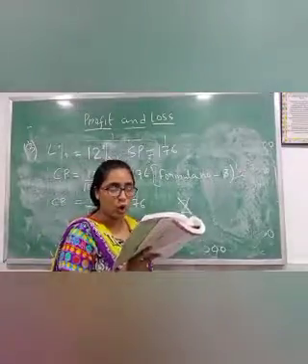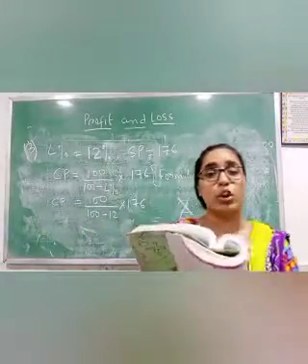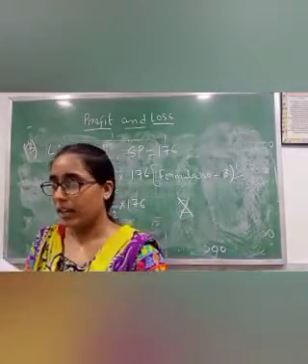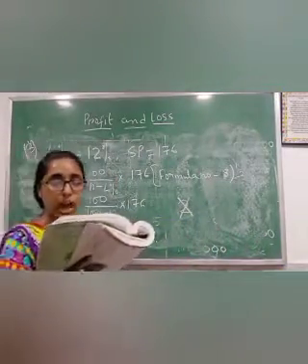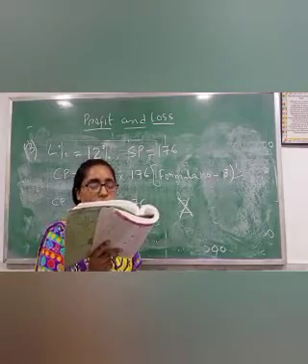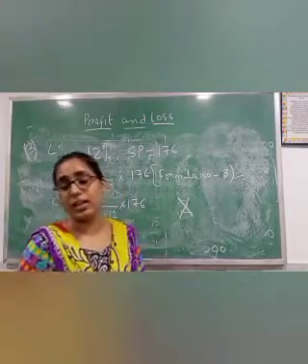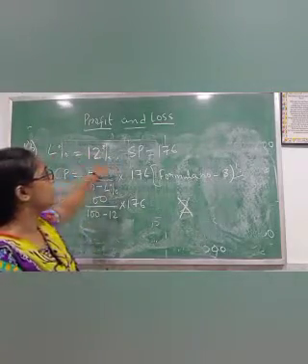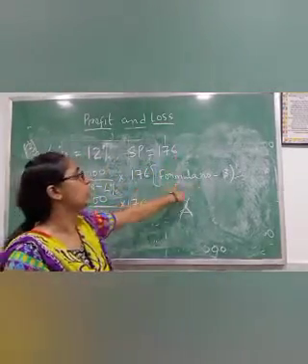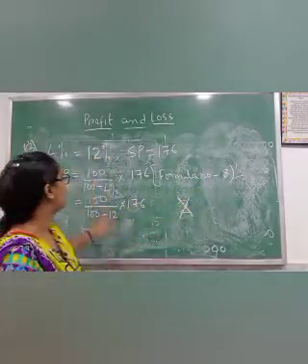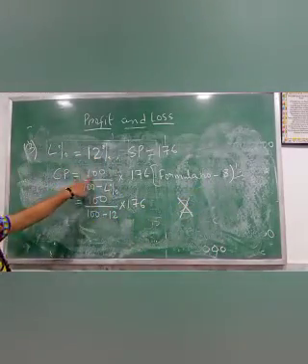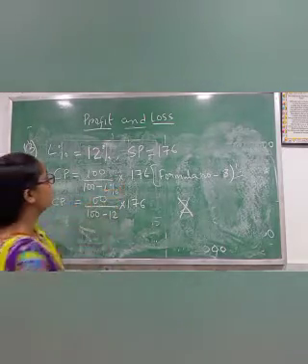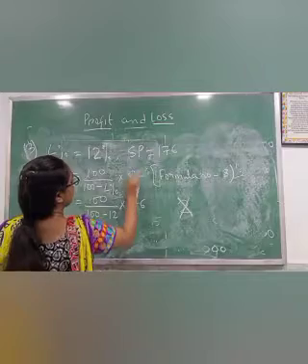If the loss of Subir uncle is 12%, so loss percentage is 12%. By selling the clock, let us calculate with how much money he has bought the clock. Bought means cost price. They are asking cost price. If you know the loss percentage and the selling price, you can use formula number 8 to find cost price. So what is the formula? Cost price equals 100 by 100 minus loss percentage into SP. First write SP here.